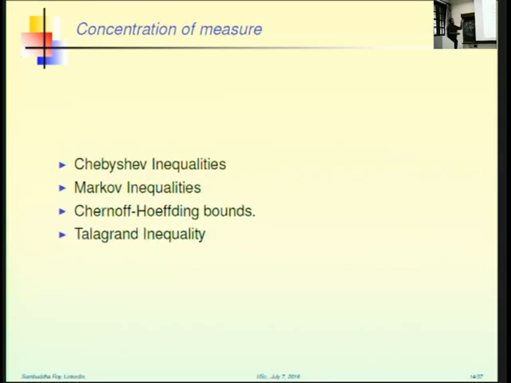So going back to the broader theme, these are very specific examples of concentration of measure. The broader theme is Markov should come first and then Chebyshev, because Chebyshev derives from Markov. Chernoff should of course come in the place where it is, and Talagrand comes last. So these are all essentially you take a bunch of random variables x1 through xn, and then